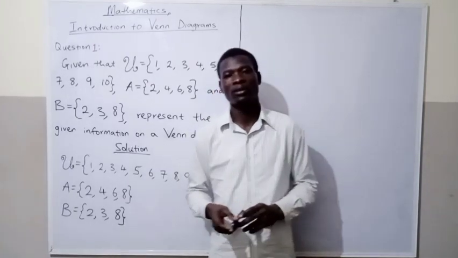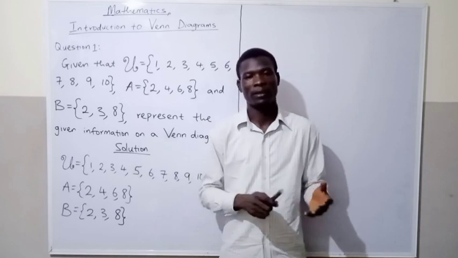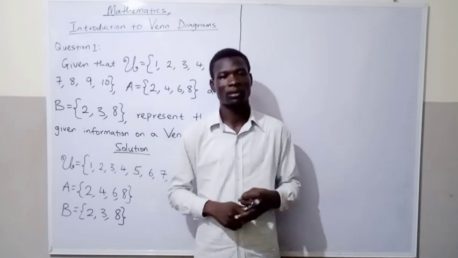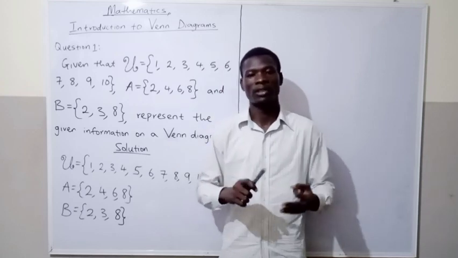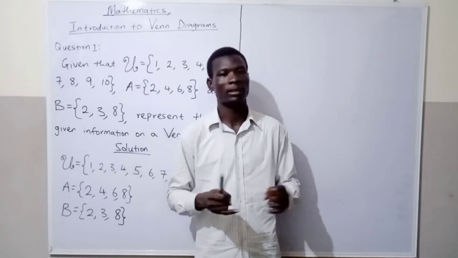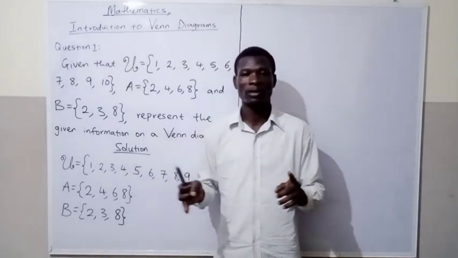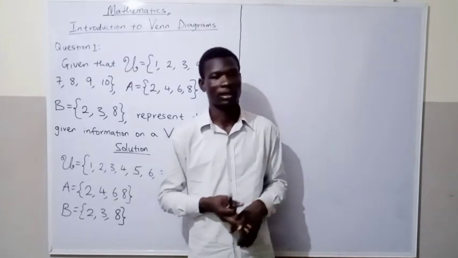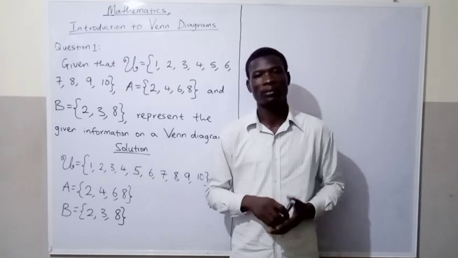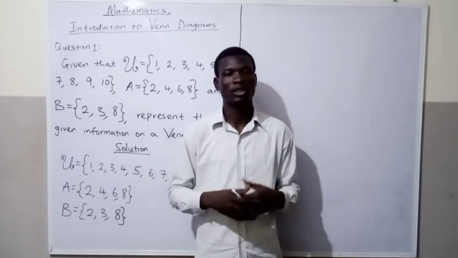The last time we looked at introduction to sets, where we looked at different aspects of sets, such as the definition of a set and the concept. We looked at the subset, the superset, the complement of a set, the cardinality of a set, the union of sets as well as the intersection of sets. So today is about Venn diagrams, and a Venn diagram is nothing other than the diagrammatic representation of the members